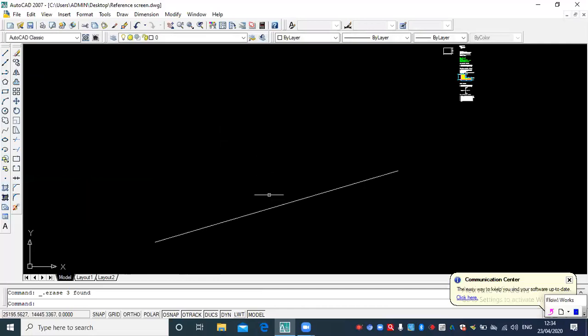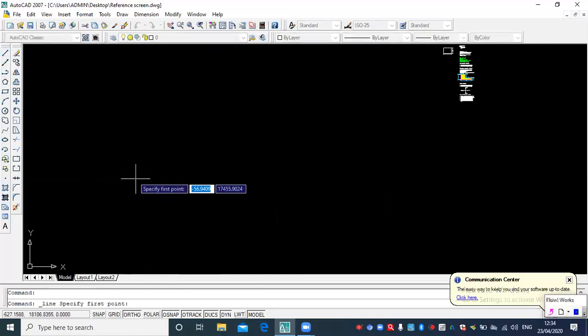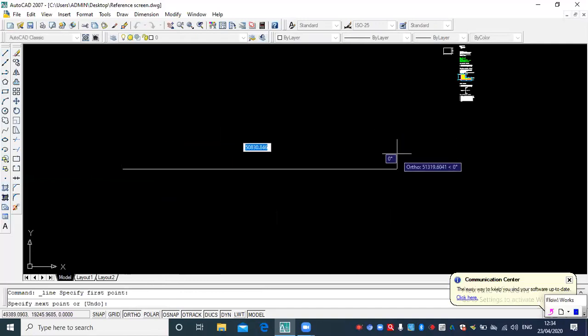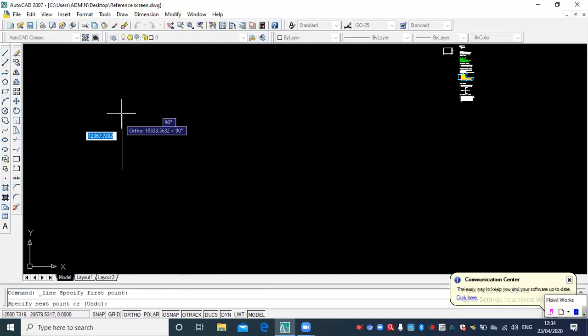Okay, I delete them. I want specific distance, and that to horizontal line, vertical line, like that. In order to control it horizontally and vertically, I have an option here, ortho, and in detail I'll tell you later on. You click, right now ortho is on. Now select line command. Now click first. Now see, they are perfect horizontal and perfect vertical line.